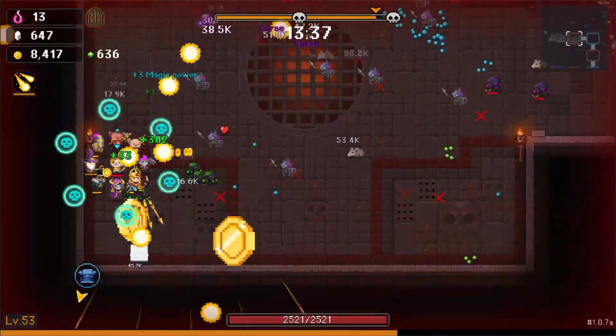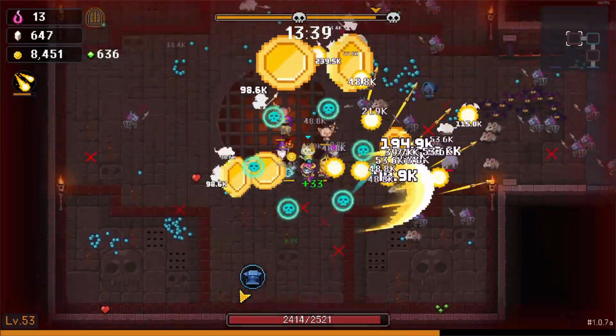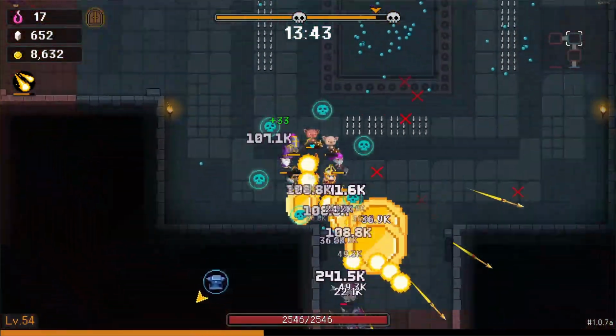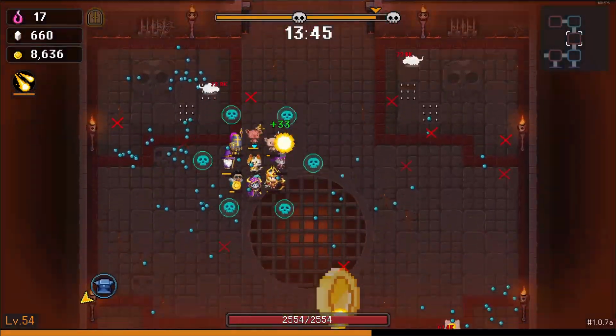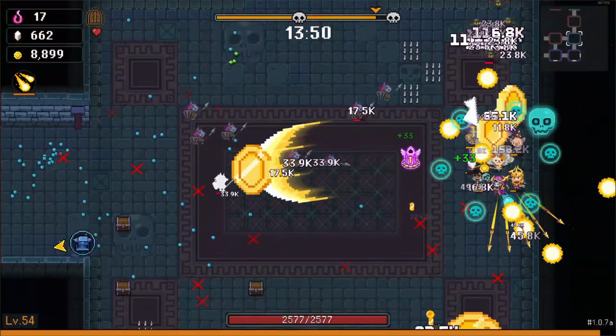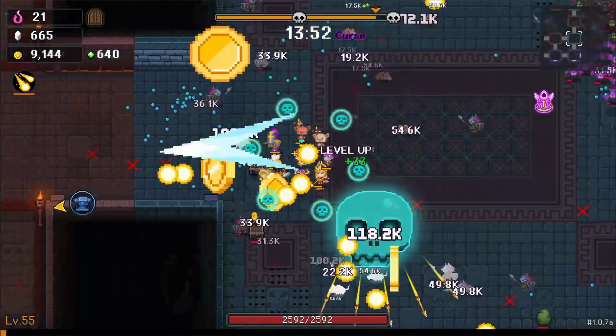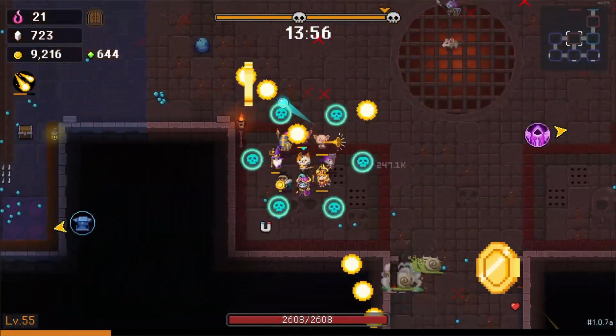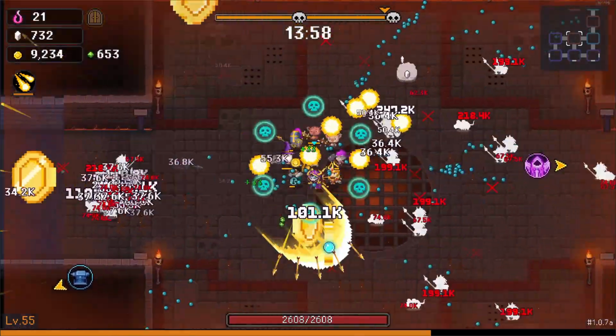This is how you complete the 1,000 ore and 1,000 chest challenge. Just do this. You don't even care about anything else. Just run through as fast as possible. That big suck was here, right? Yep. Pop it. Go back to this